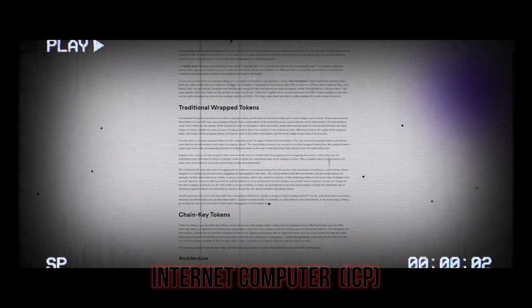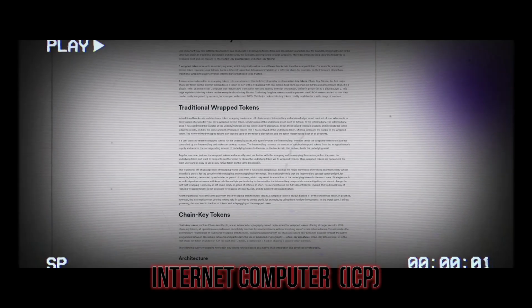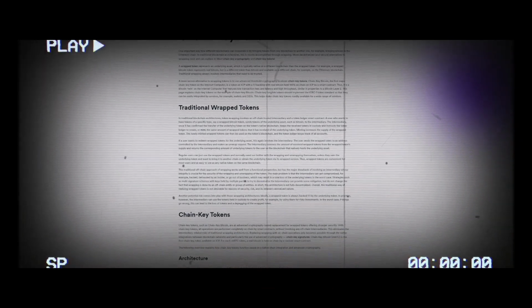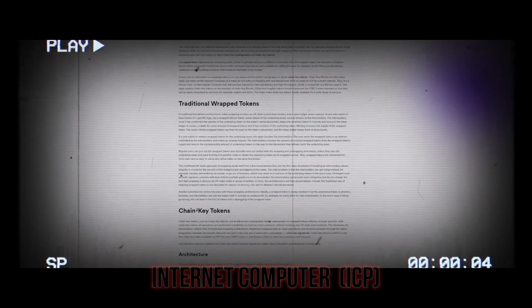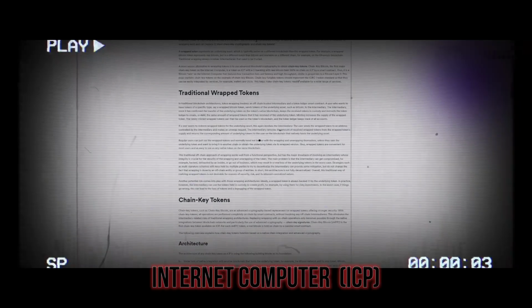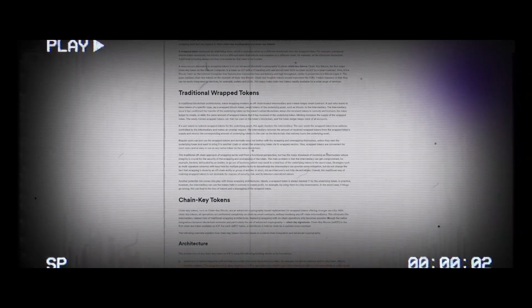Regular users can just use the wrapped tokens and normally need not bother with the wrapping and unwrapping themselves, unless they own the underlying token and want to bring it to another chain, or obtain the underlying token via its wrapped version. Thus, wrapped tokens are convenient for most users and as easy to use as any native token on the same blockchain. This traditional off-chain approach of wrapping works well from a functional perspective, but has the major drawback